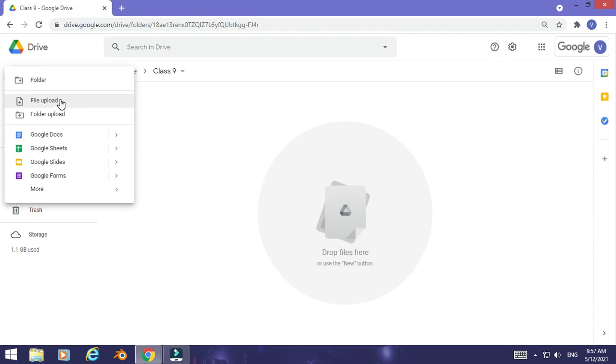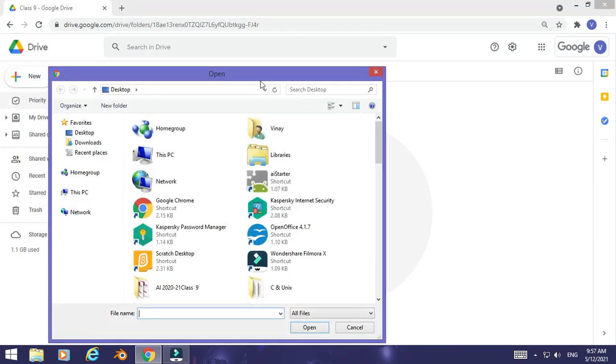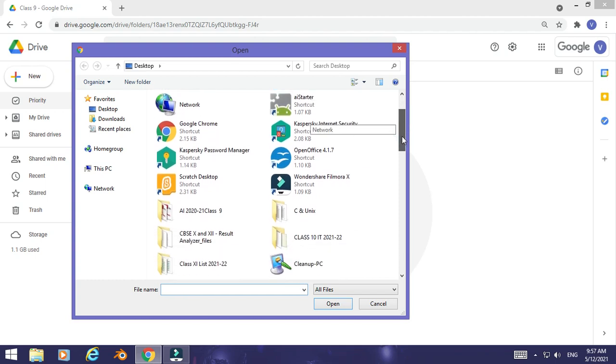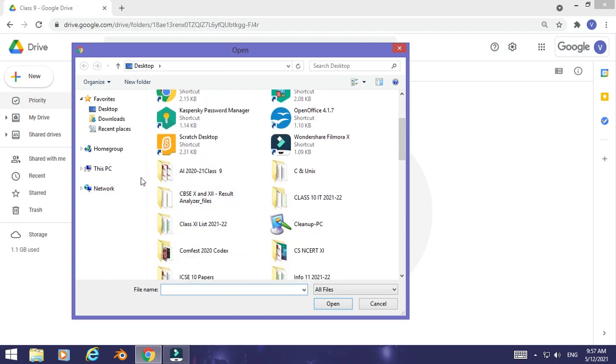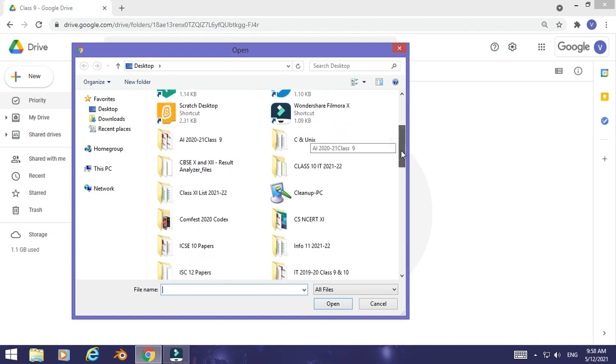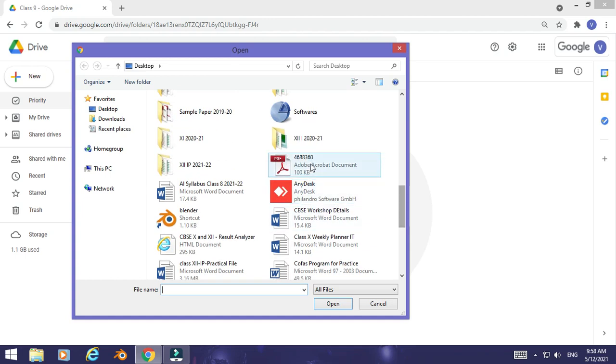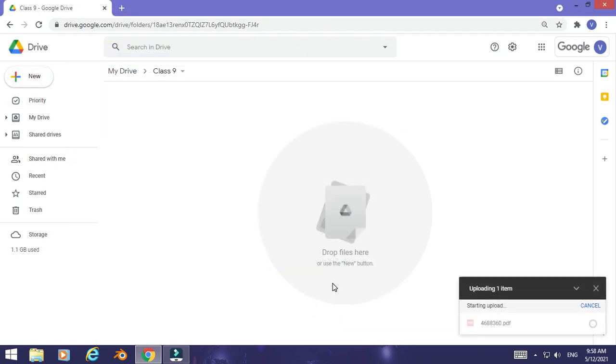So I'm clicking File upload, and now any file that you want to upload, you can choose from anywhere. You can go for This PC, D drive, C drive, anywhere the file is, you can upload. I'm selecting a file from the desktop. Suppose this is a PDF file I want to share there, I want to save it. So click and then Open, and you can see this file is being uploaded.